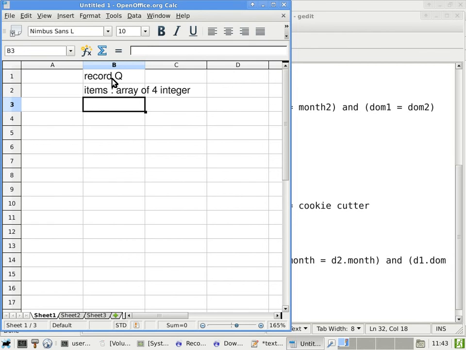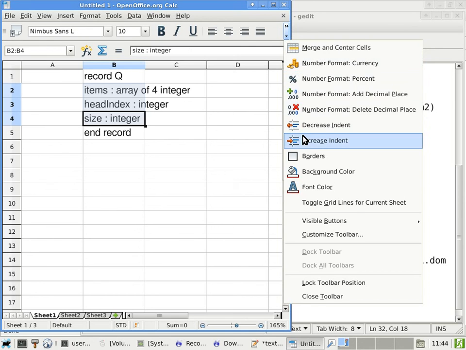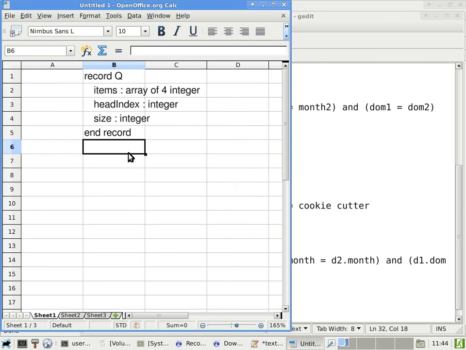And then we'll have some additional fields. Let's say the next field is the head index, which is an integer, and we have a tail. Okay, we have a size, which is an integer, and here we have the end of the record definition. And all I want to do